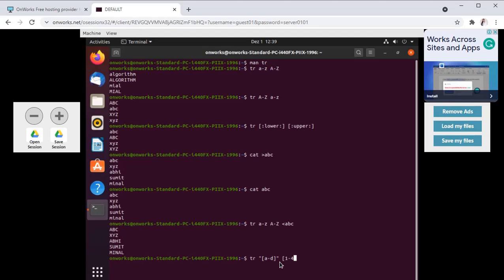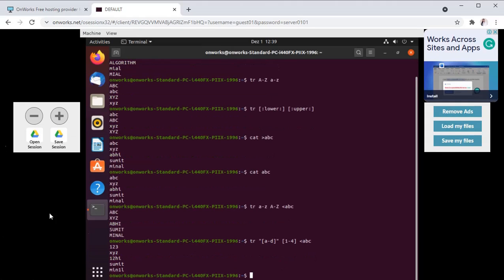What we want to do is convert the characters from a to d into numbers 1 to 4. In which file? In the abc file, enter.